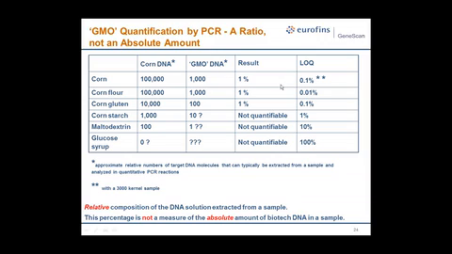You have 1% with a very low LOQ, so based on this 3,000 kernel sample, which we know informs that LOQ for this particular sample,